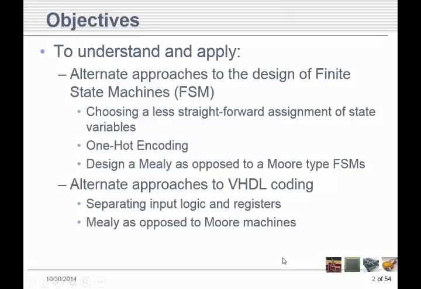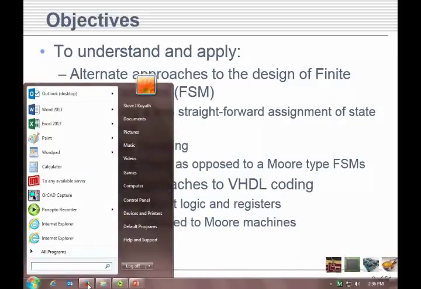Alternate approaches. This is one alternate approach. One of them is using a less straightforward assignment of state variables. I want to show you that. One-hot encoding, and you're going to need to know something about one-hot encoding for your project 4. It is one-hot encoding, right? And I did say on project 4, did I not, that